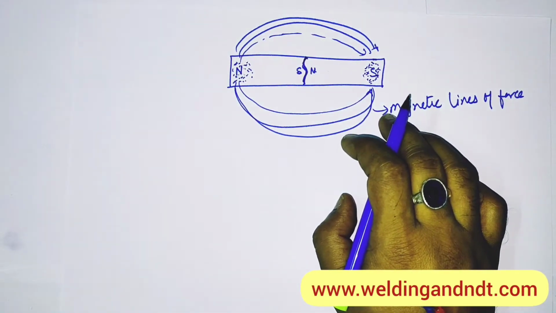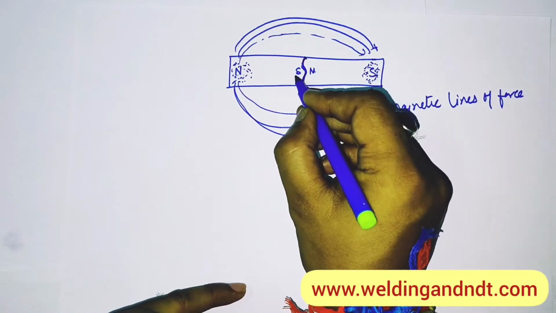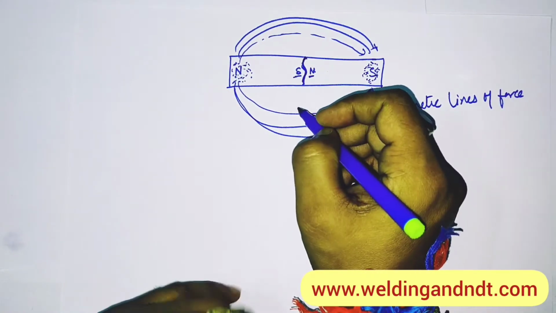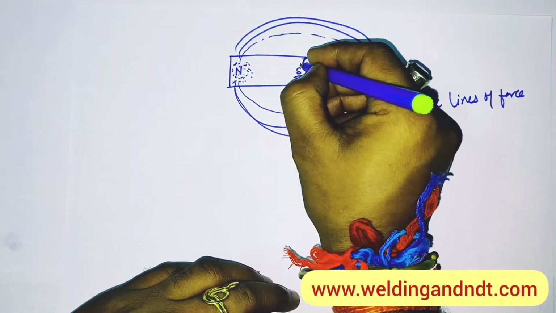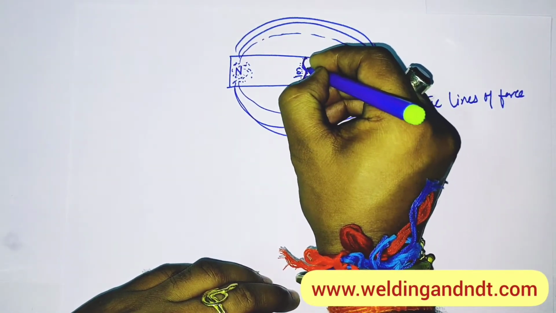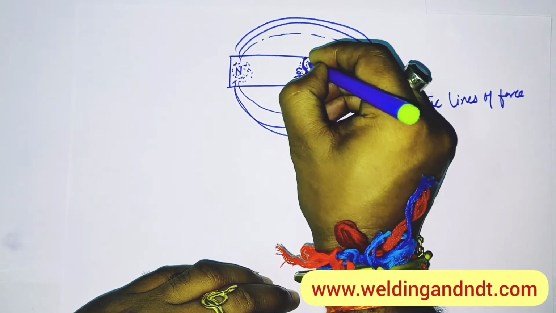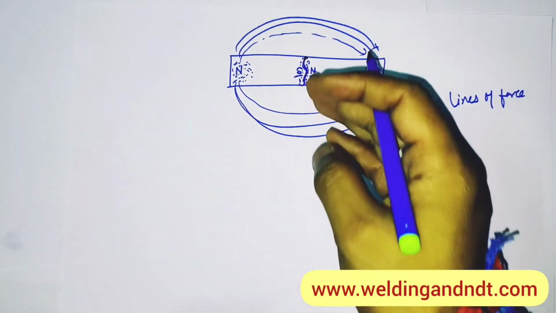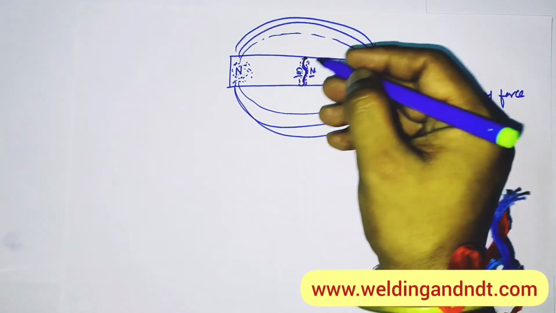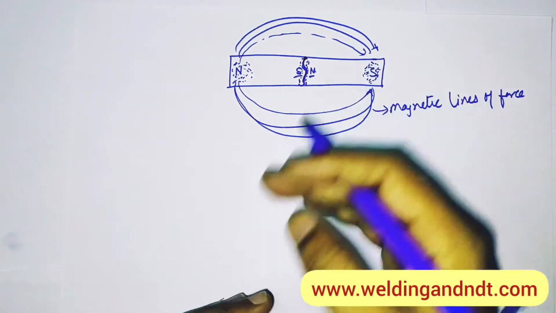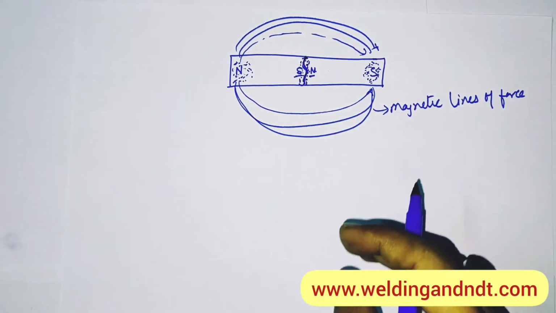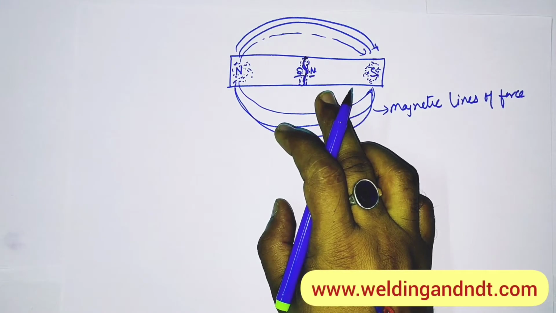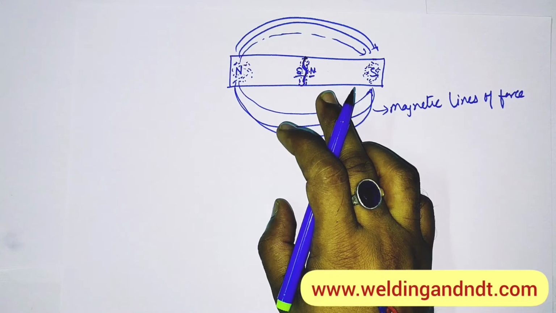Now if there is any crack, then new poles will be formed, or poles will be shifted here also. Hence, if we spray iron powder, then some powder will also accumulate here at the crack, and hence we may know that there is some crack. If there is a crack, then poles will be shifted, and the particles will be accumulated at the crack also. So with the help of this accumulation of particles, we will be able to know that there is some crack.